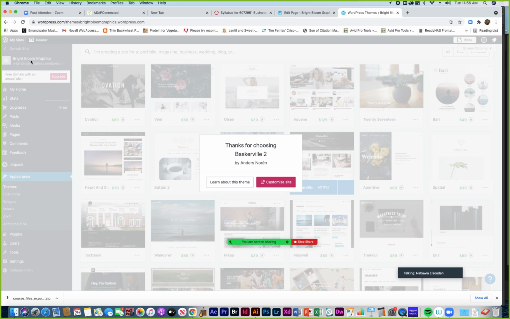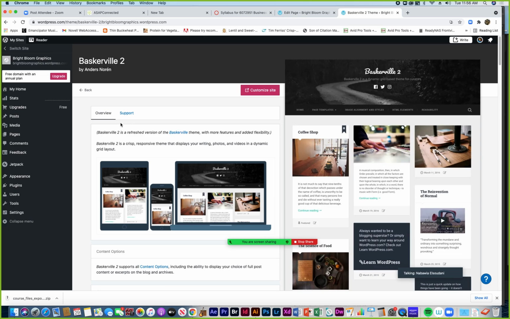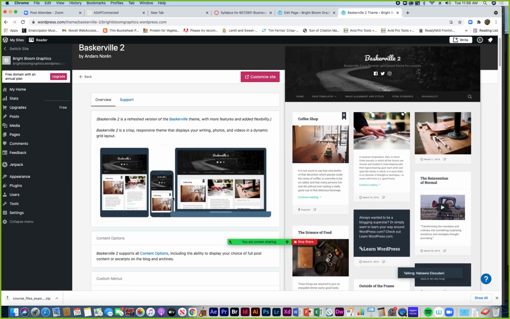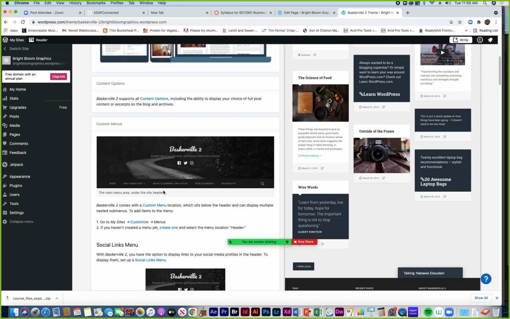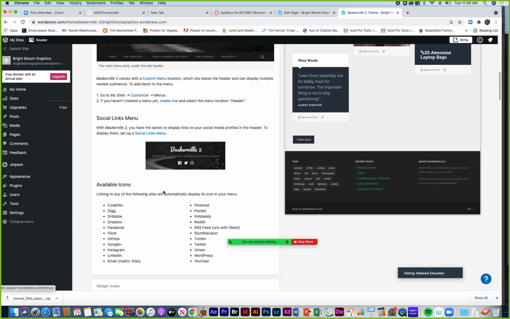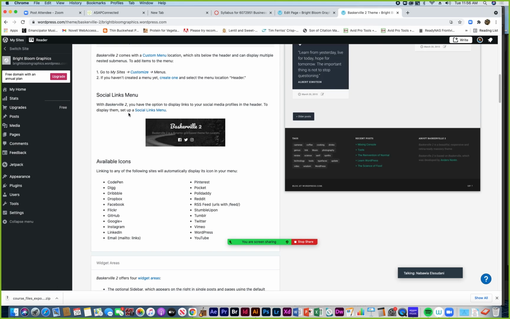And so now I've just selected a different theme. It tells who the theme is by, who designed it. I can learn more about the theme, or I could go into customize. If you click learn more, it gives you an overview of what the theme is going to look like, and maybe some information you can read, like instructions. It's showing that I can have my social media links right here, so people can easily follow me on my Facebook or Twitter or Instagram,